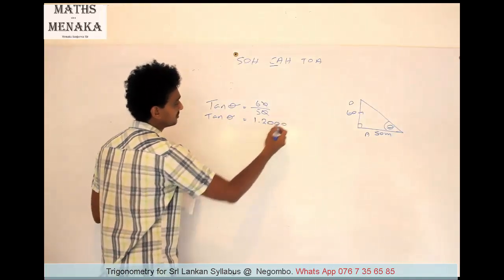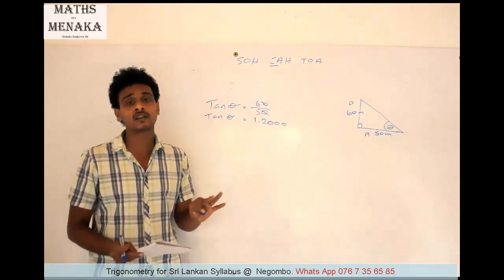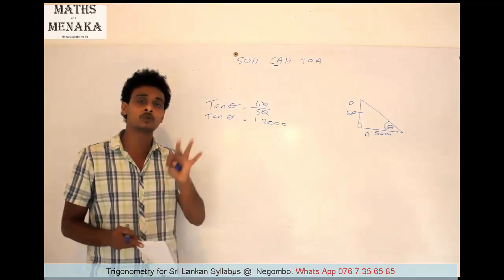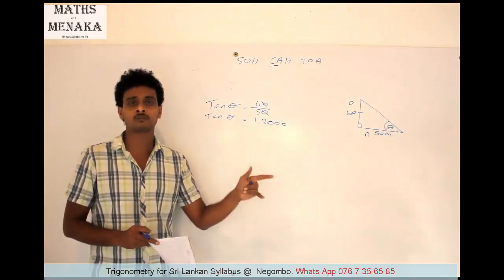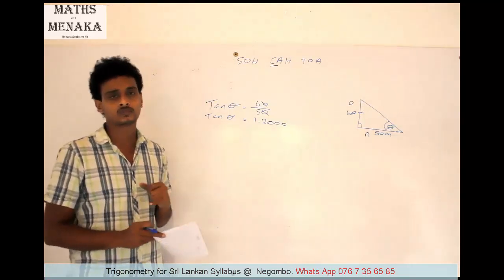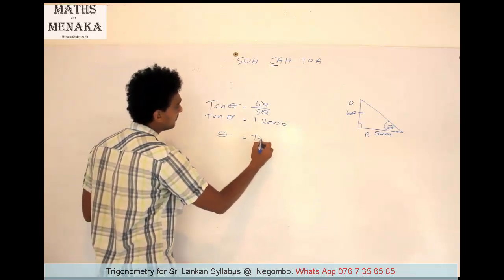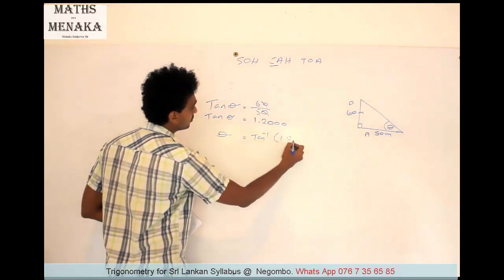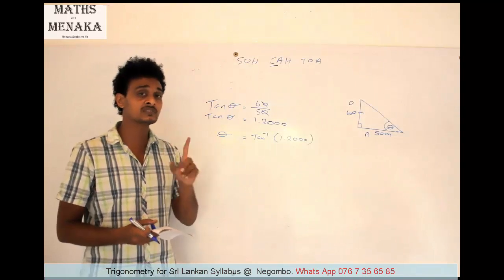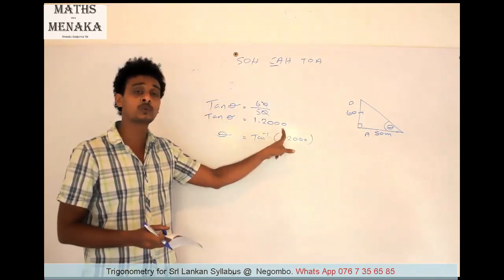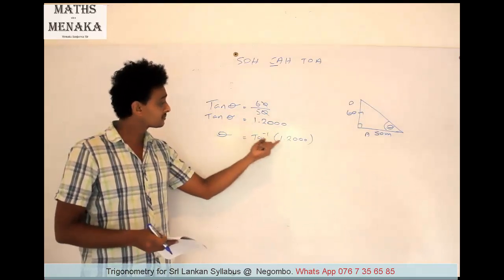3 zeros. So the sine value and the cos value are always less than 1, so 0 point always comes. Tan can be greater than 1; 1 point, 2 point, 3 point may come. Now theta is tan inverse 1.2. You have to be a bit careful, okay? For some tan values, there are only 3 decimal places or 2 decimal places. You have to be careful with that also.